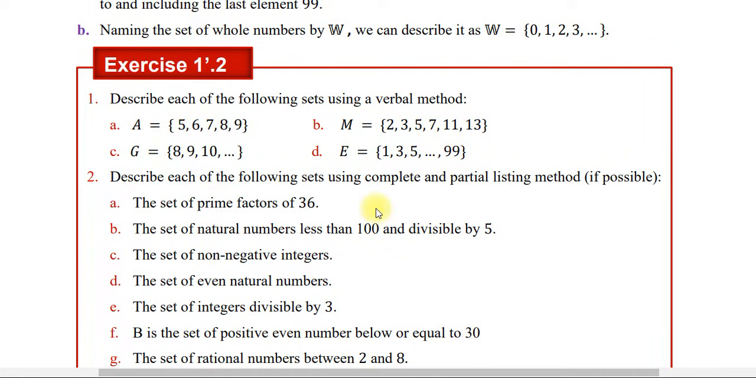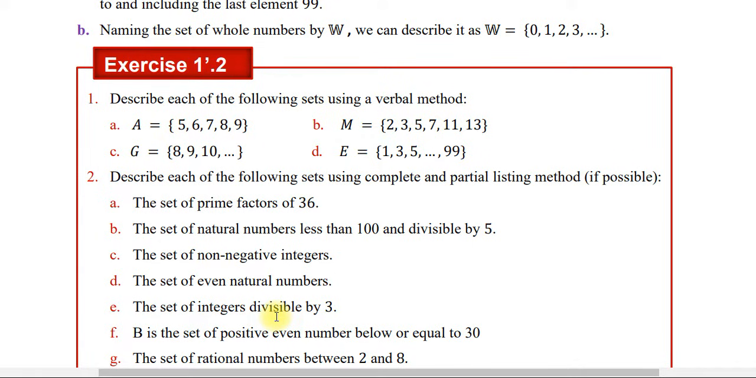And when we come to question number 2, describe each of the following sets using complete or partial listing method if possible. እንግዲህ partial ወይም complete መጥቀስ the set of prime factor of 36 okay የ36 ብቸኛ አካፋዮች የምንላቸው ለምሳሌ 2 አካፋይ ነው ብቸኛ ማለት ነው። 3 ብቸኛ አካፋይ ነው። ስለዚህ 36 ማለት 2 square times 3 square ያ ማለት 4 times 9 ስለሆነ ሶ መዘርዘር እንችላለን። እነማን ናቸው? 2 እና 3 ናቸው ማለት ነው።